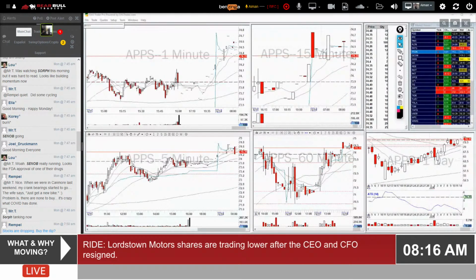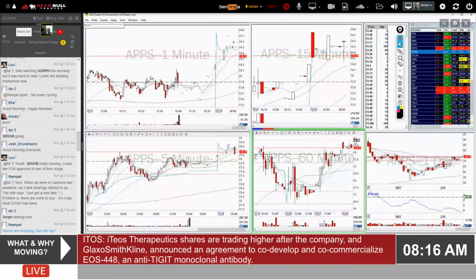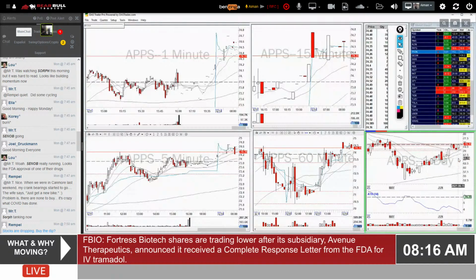APPS. Daily chart is nice. I like it. You see that there is a clear breakout area, and if we manage to go above 75 or 74.30, sorry guys about this. Sorry about this. I really need to fix this. Okay, done. Cool. You see that we're clearly sitting at the breakout area, 74.90 or 74.80 on the daily chart,